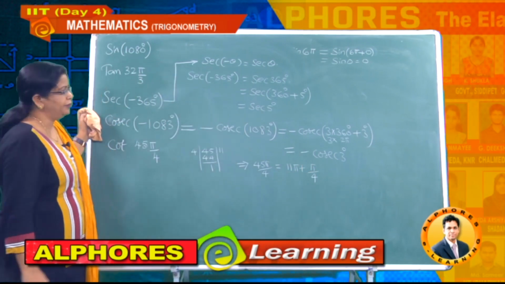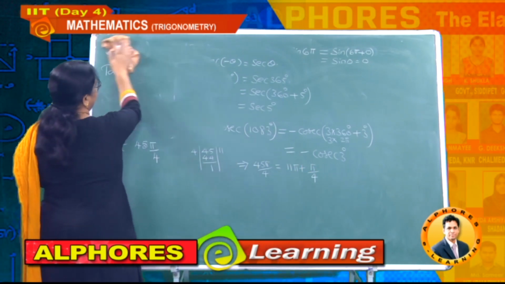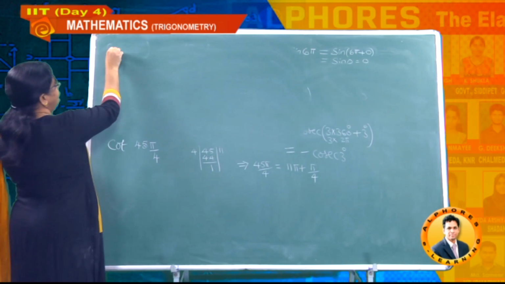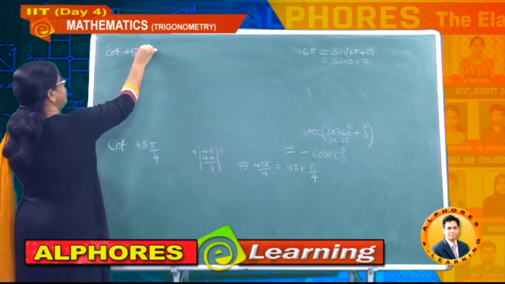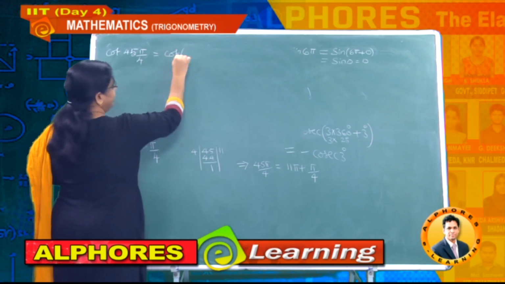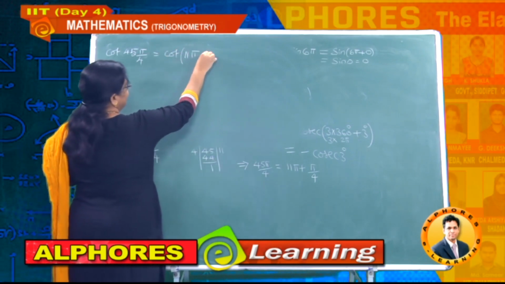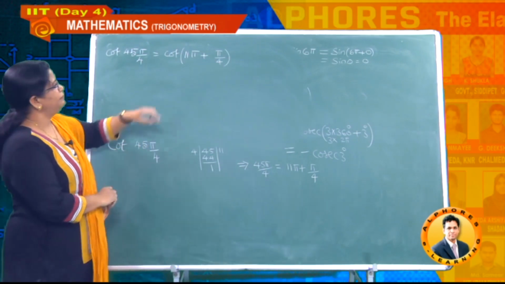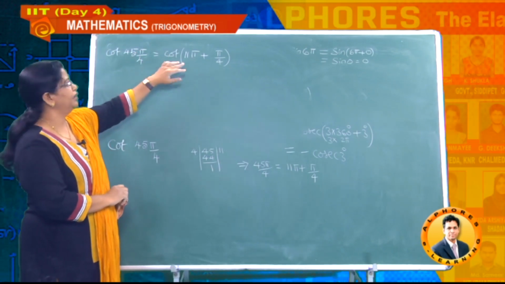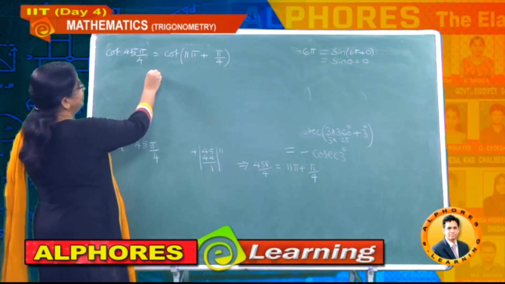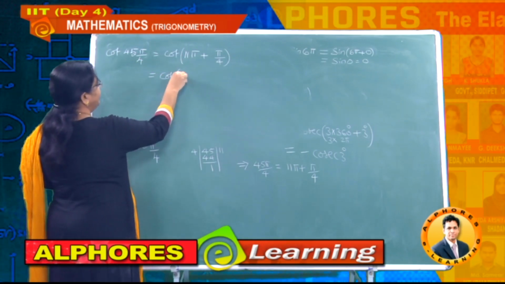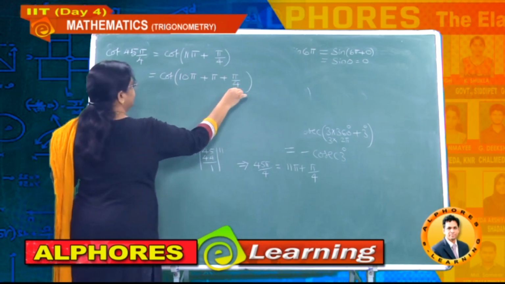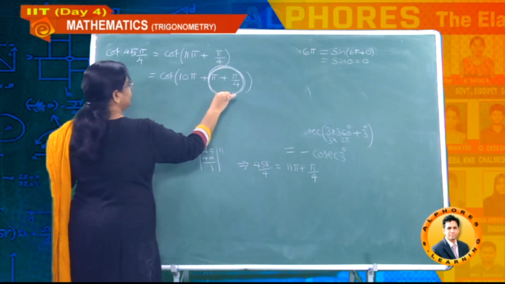Okay students. Now what about here? Cot function you have to consider. Observe, cot 45 pi by 4 equals cot of, how much did we get now? The value 11 pi plus how much? The leftover is pi by 4. Understand? But what about 11 pi? It is not an even multiple of pi, it is an odd multiple of pi. So I reduce it to the nearest even multiple of pi, that is 10 pi plus pi plus pi by 4. Okay. Now let us take this entire value as our theta.